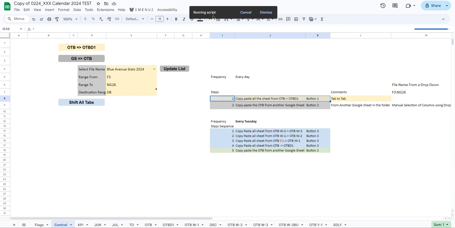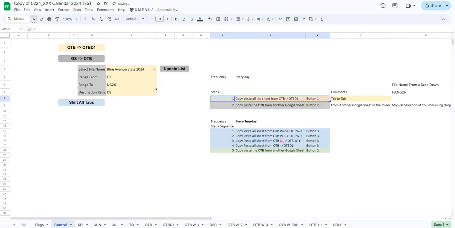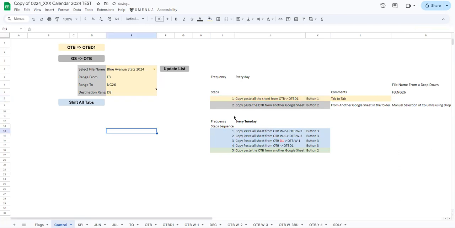All right, the script got completed. Let's go to the OTBD1, and here you will see the data has transferred from the OTB. You can see both headings are the same. I'm going to undo so that I can have the data back for the OTBD1. All right, I've got this data back. Okay, so for step number 2, we copy the data to the OTB from a